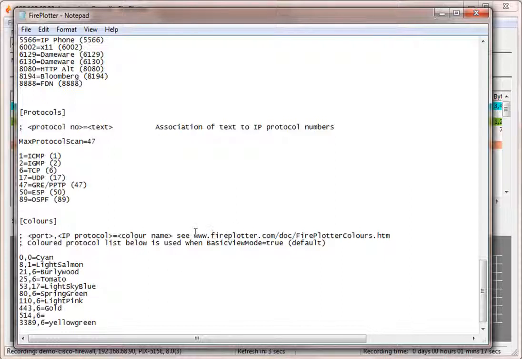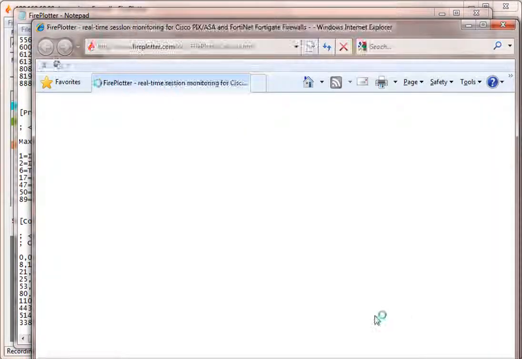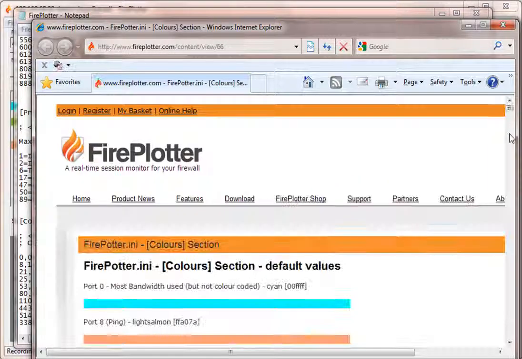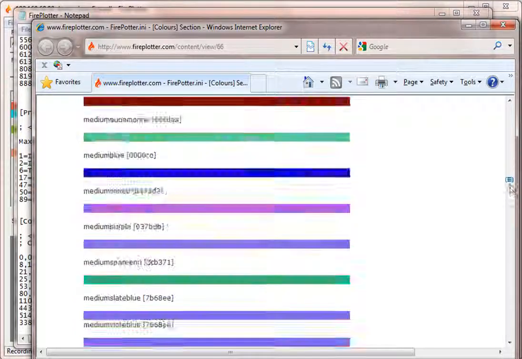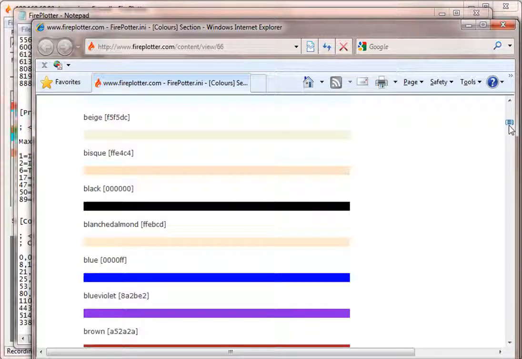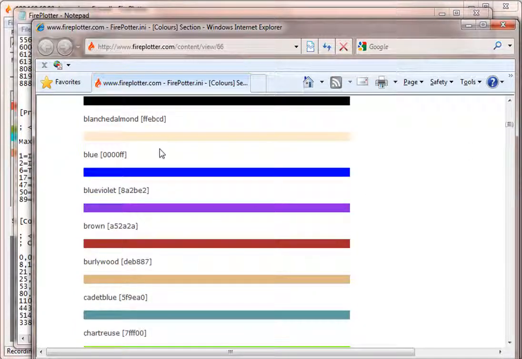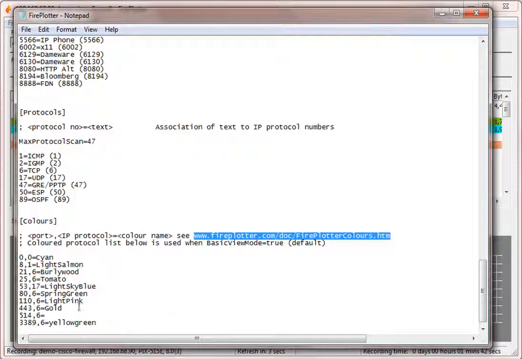And to set the color, we can go to this web page to get our color descriptors, and just load that up, and here you can see a whole load of colors that we could choose, but let's choose a particular color. I'm going to choose blue violet. So I'm now going to make this color blue violet, and we're going to save this,